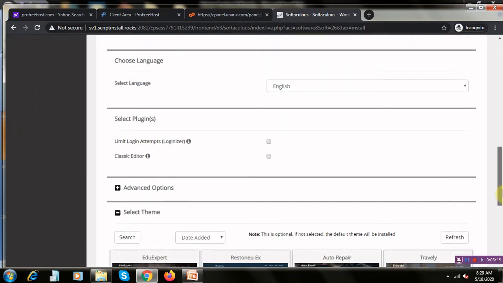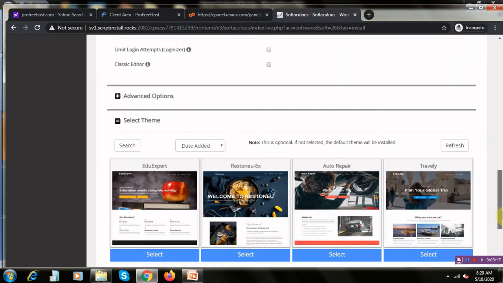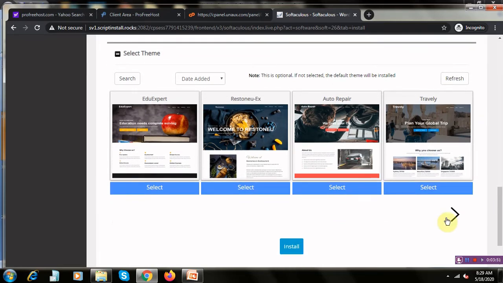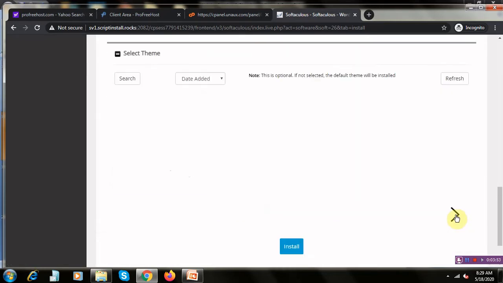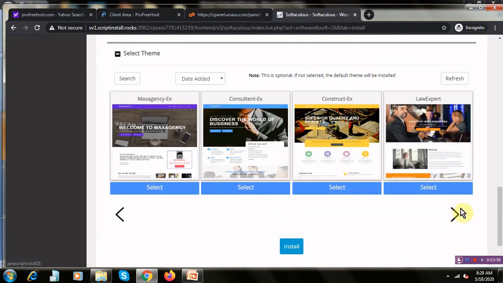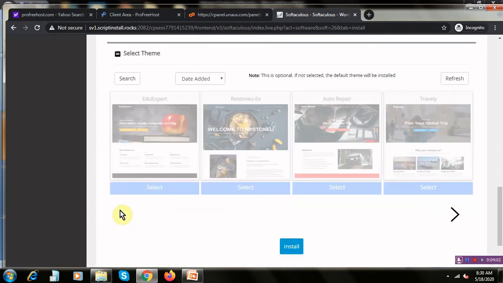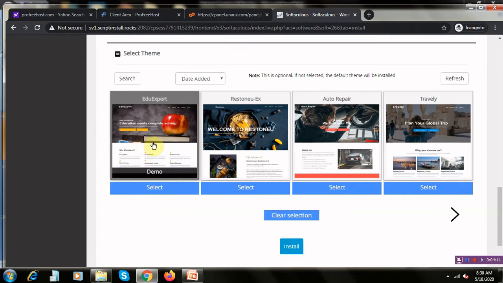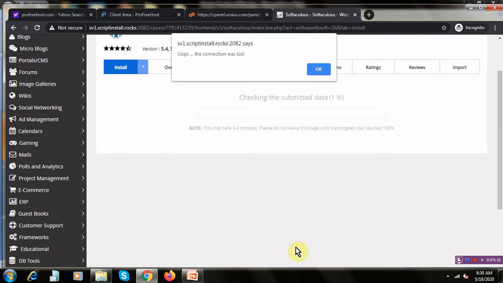Once it is done, you can select the theme, or you can refresh, or you can check for other available themes pertaining to your options or your business. These are the default themes by WordPress. I'll select this theme for the time being, then we will check. So your website will be loaded with this. Click on install.